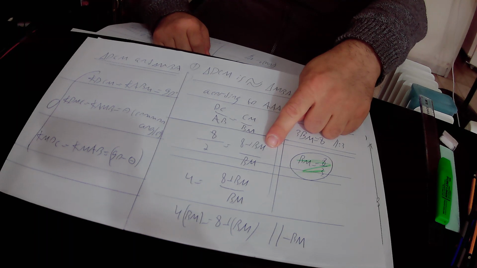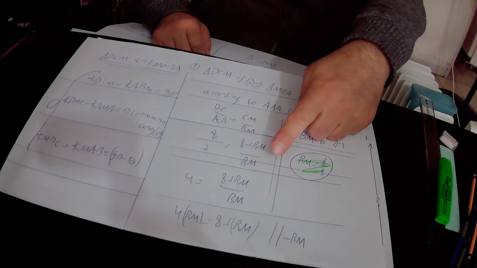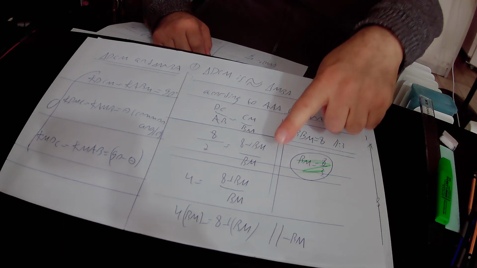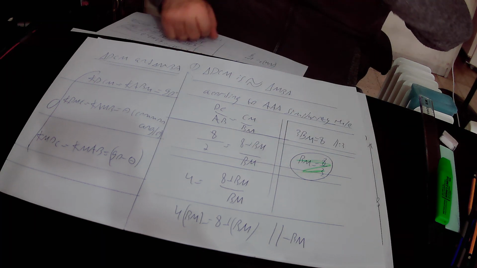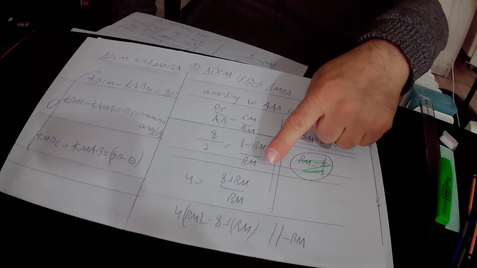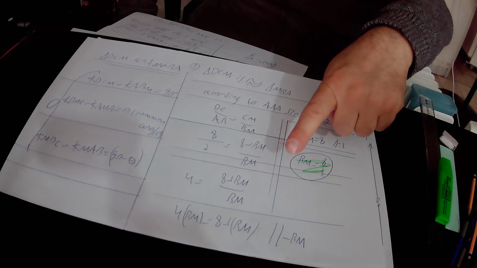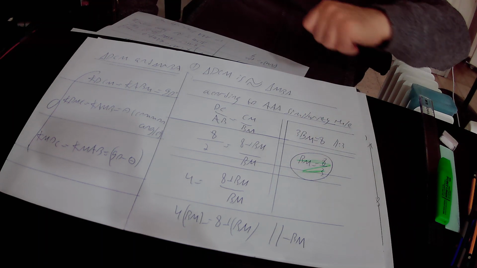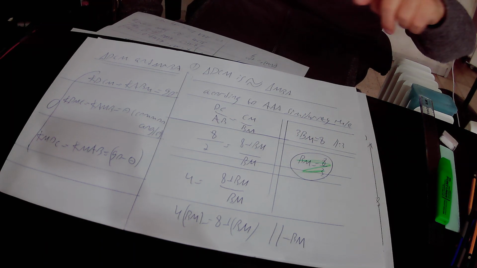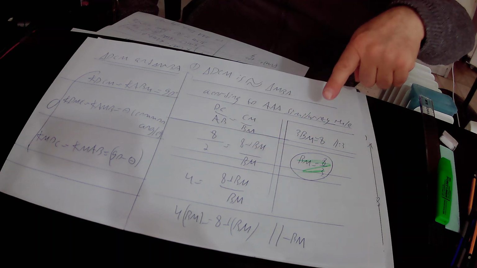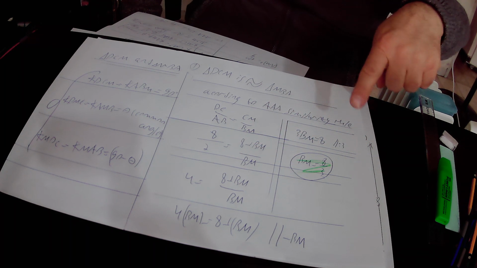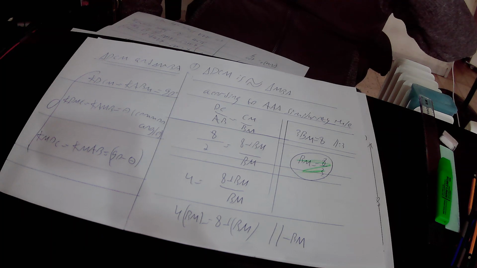CM equals 8 plus BM, and we have to divide it by BM. 8 over 2 is 4, so 4 equals (8 plus BM) over BM. If we multiply this equation by BM, we find that 4BM equals 8 plus BM. Here we subtract BM from this equation, and find that 4BM minus BM is 3BM, so 3BM equals 8. Here we divide this equation by 3 and find finally that BM equals 8 over 3